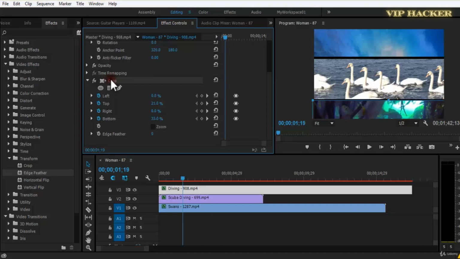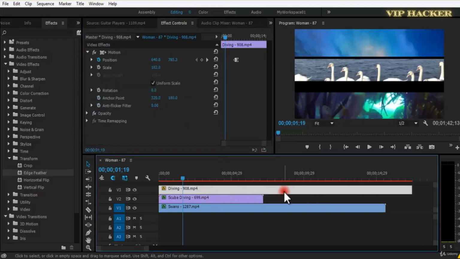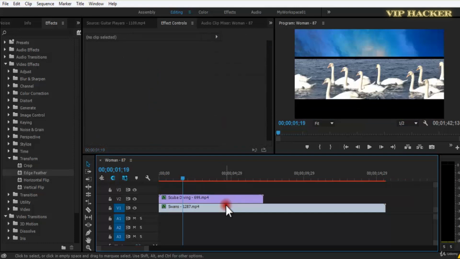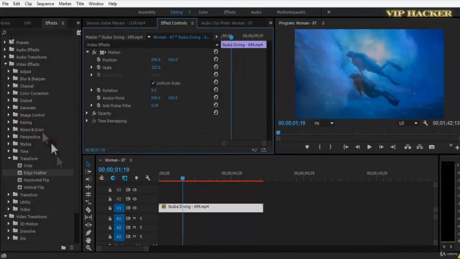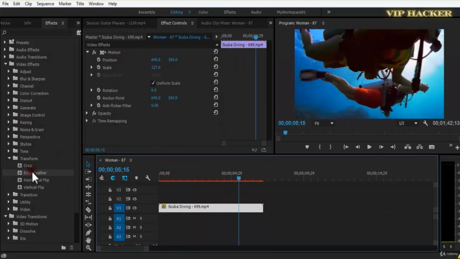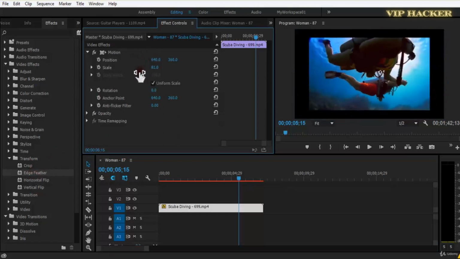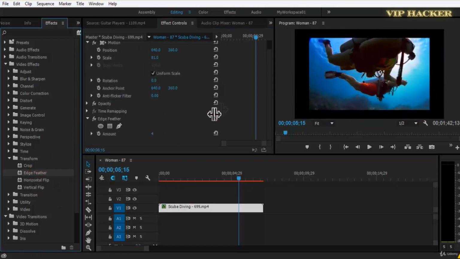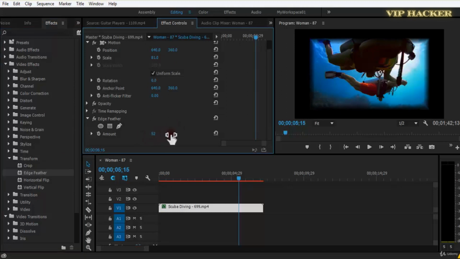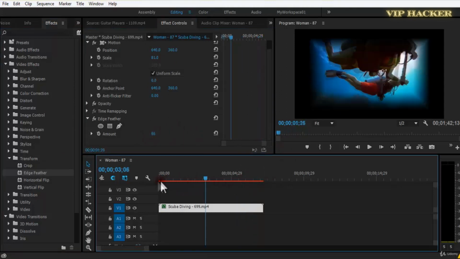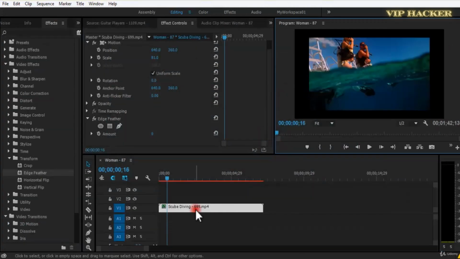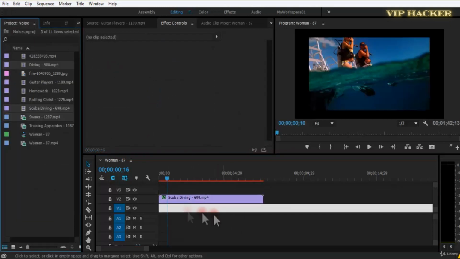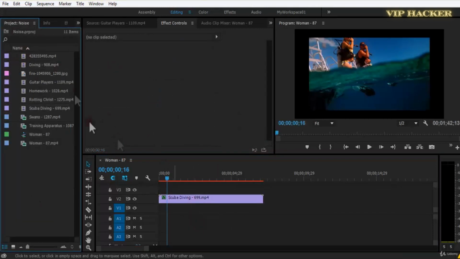Edge feather. So I would just have this scuba diving effect here, as I do not want any. I would delete the crop here, and I would reset its position, and I would scale this down a bit, and let's check this edge feather. If I increase the amount, it creates a feather on the edges, and the edges are not rough right now or not sharp here. You can have a white background in order to get the difference, or maybe we'll replace